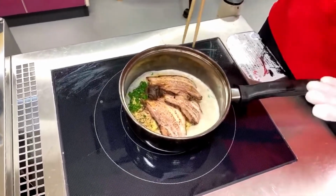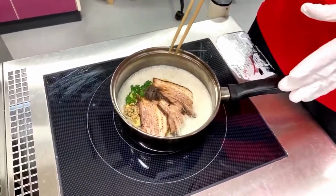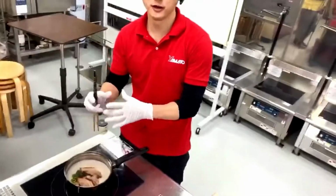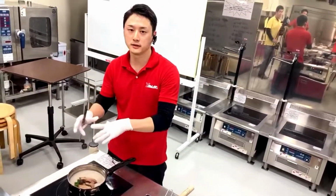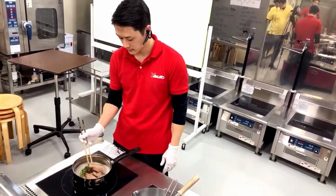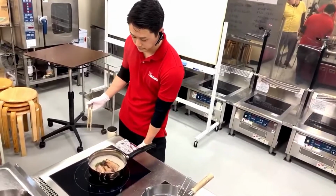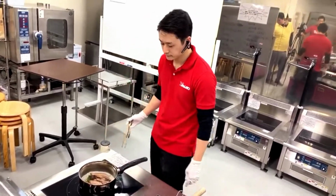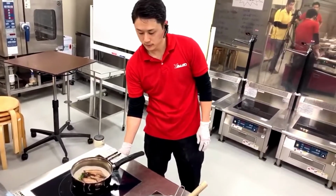And for people thinking about making these frozen ramen, make sure to use boiled noodles instead of raw noodles, because you can't cook the raw noodles enough in the stock. So make sure to fully cook the noodles, place them onto the soup, and freeze it. Okay, this is going to take a little bit more time to defrost. So I want to show you some of the other noodle options